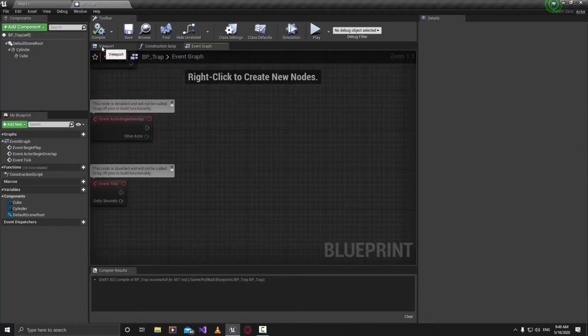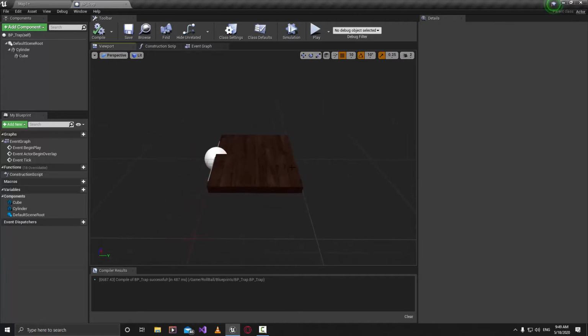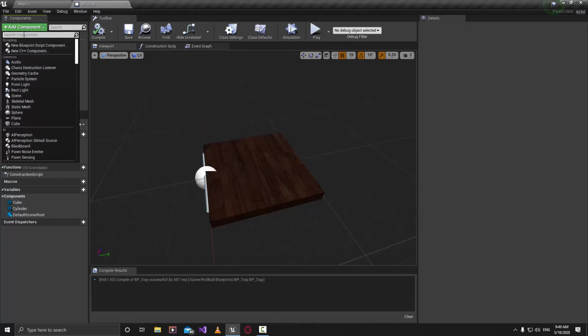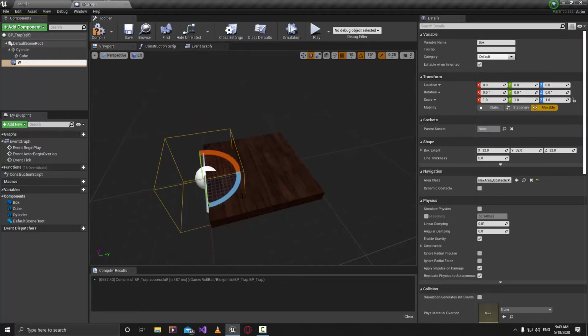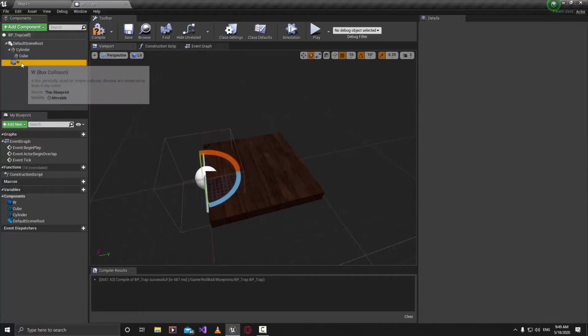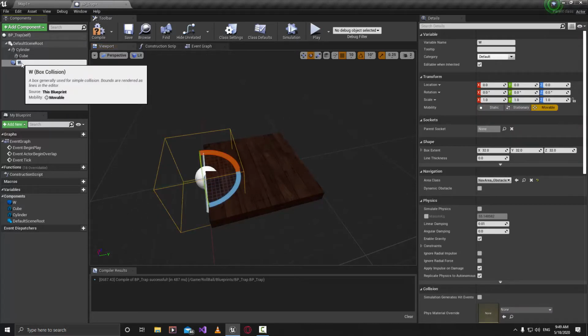Oh, by the way, I forgot something. We did not add the box collision to it, so let's just do that. Add component and then type box collision. And what do you want to do? Just give it a name of trap collision. We don't even have to give names, but